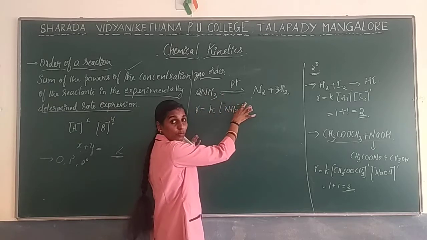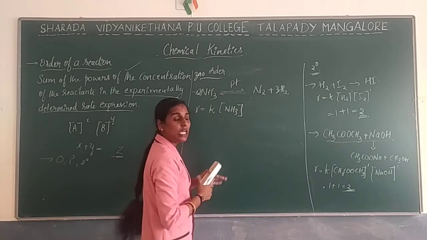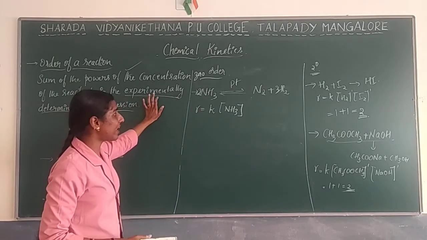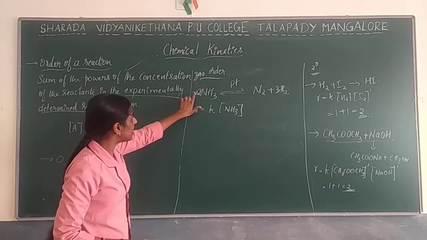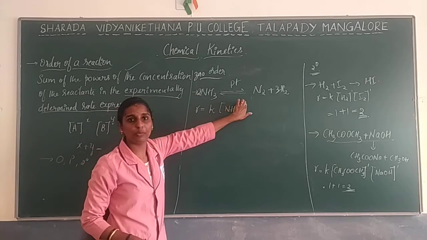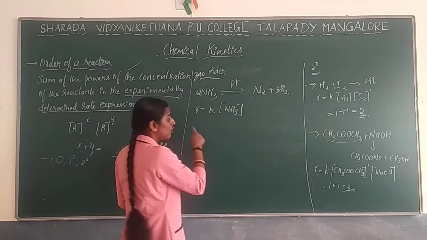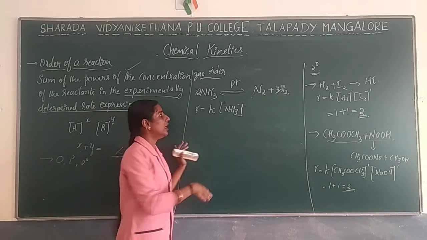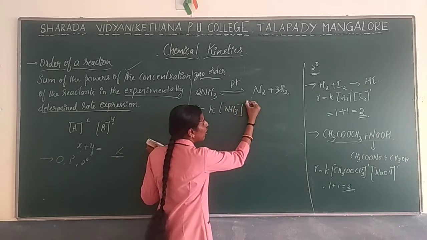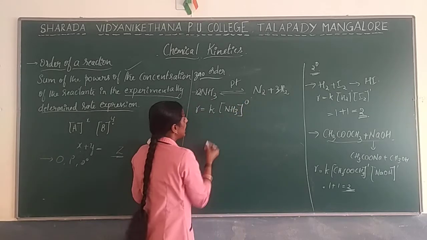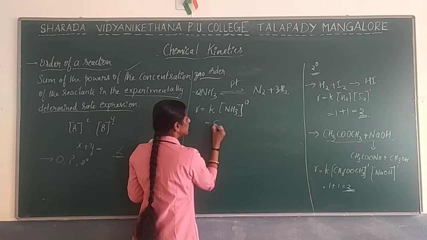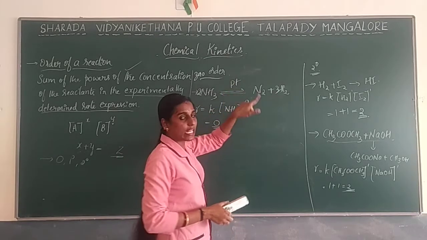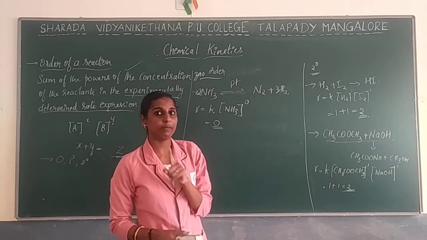Do you need to write 2 over here? No. Why? Because this is not a theoretical expression. You are going to write the order of a reaction experimentally. If it is a theoretical equation, yes, you can write 2 over here. Okay, so this is experimental. Order of reaction is calculated only from the experimentally determined value. So you cannot write 2 over here. The order of the reaction is 0. Why is it 0? As I have told, in the presence of a catalyst, if the reaction has been done, then it will be 0.